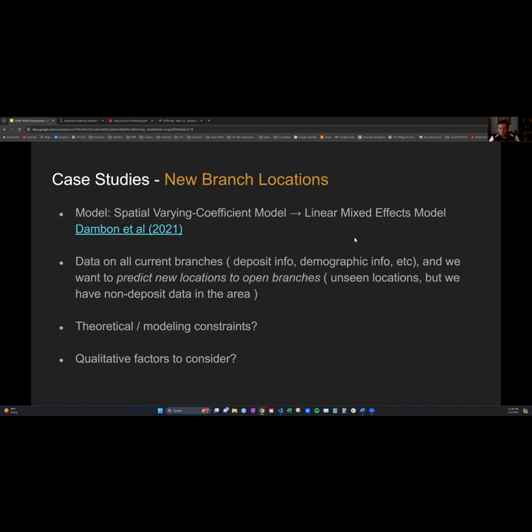That just didn't work. The performance just wasn't as good as the existing method that they were using. And sometimes the data just is what it is, and it's not a bad method. There's nothing theoretically or fundamentally wrong with it. It just didn't work on the data. So we kind of gave up on that one.